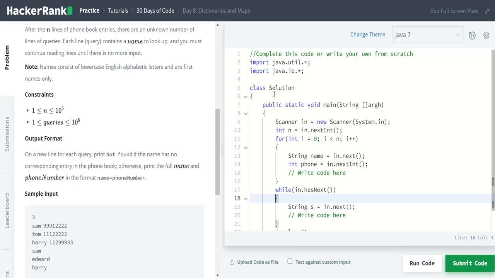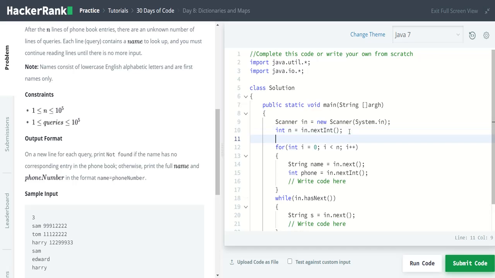So basically the solution class is given with the command line argument. One scanner is taken, so in is the scanner object, followed by int n, so the number of entries is already taken. After this, since we are using mapping, let us type the map: Map string comma integer.